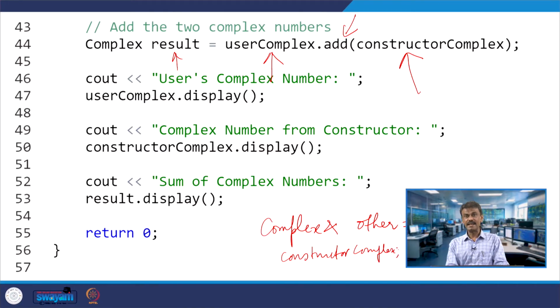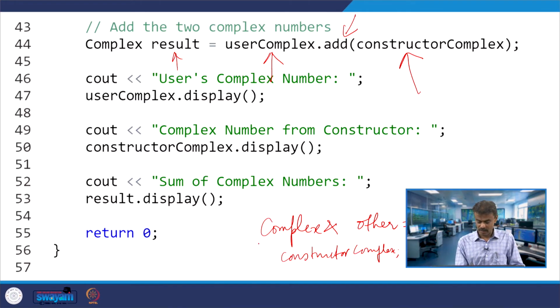So, the meaning is other and constructor complex are pointing to the same location. You are copying the reference, pass by reference. So, user complex is invoking the add function, and you are passing constructor complex.